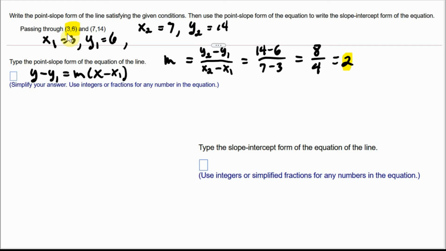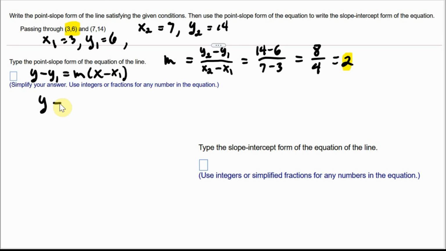Now, personally, for me, class, I always choose the point that has the smaller numbers. So when I'm simplifying, I don't have to use, back when I was a kid, man, we had like these humongous calculators. Those calculators, man, they couldn't do that much. But we thought it was pretty cool back then. But anyway,